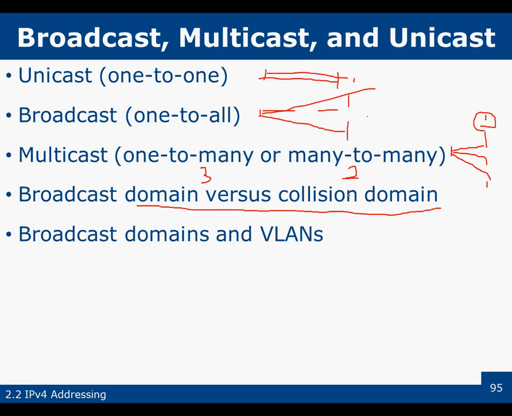A broadcast domain is controlled by a router, so we only go so far. So if we had a situation, for instance, where we had too much broadcast traffic on our network and it was starting to slow the network down, then we could divide it,